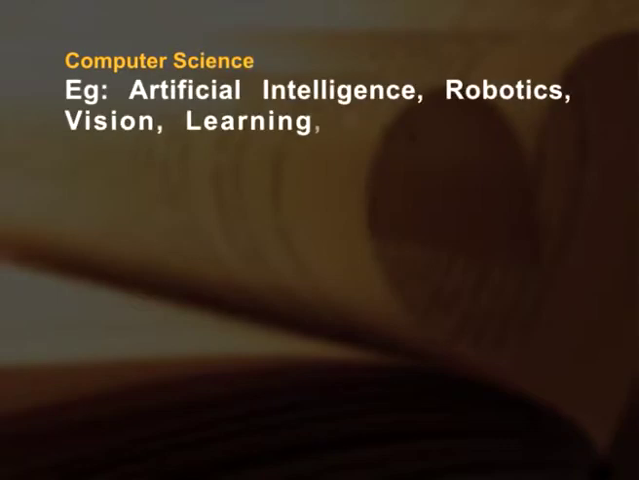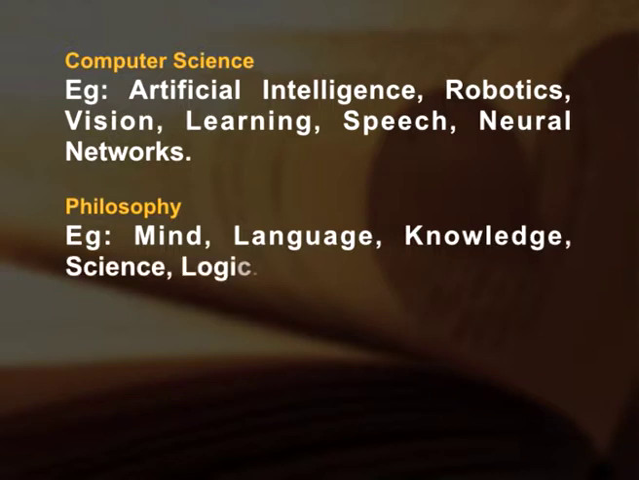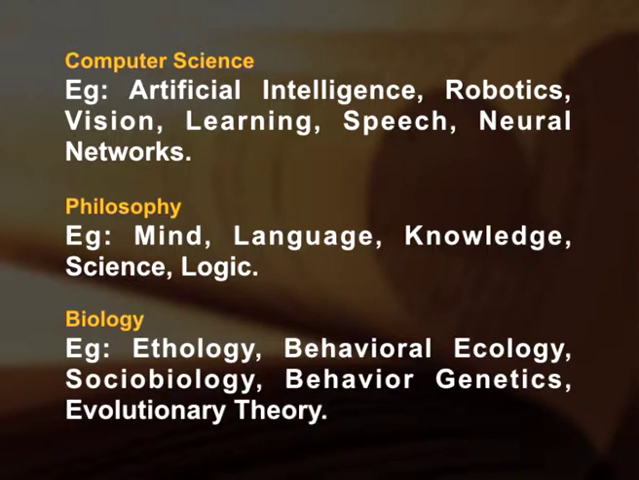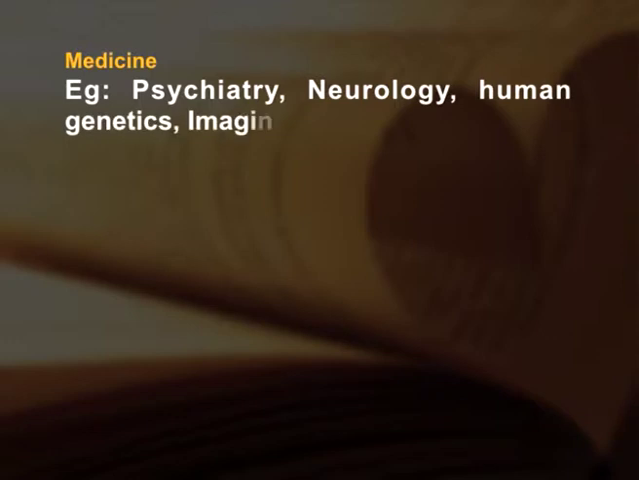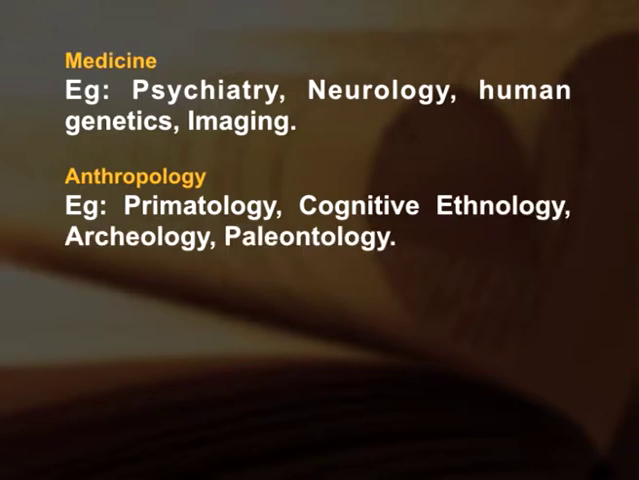www.cogprints.ecs.soton.ac.uk/perl/search/simple. Cogprints, an electronic archive for self-archived papers in any area of psychology, neuroscience and linguistics and many areas of computer science, for example artificial intelligence, robotics, vision, learning, speech, neural networks, philosophy, for example mind, language, knowledge, science, logic, biology, for example ethology, behavioral ecology, sociobiology, behavior genetics, evolutionary theory, medicine, for example psychiatry, neurology, human genetics, imaging, anthropology, examples primatology, cognitive ethnology, archaeology, paleontology, as well as any other portions of the physical, social and mathematical sciences that are pertinent to